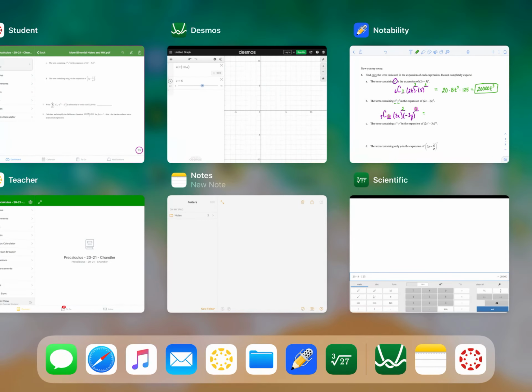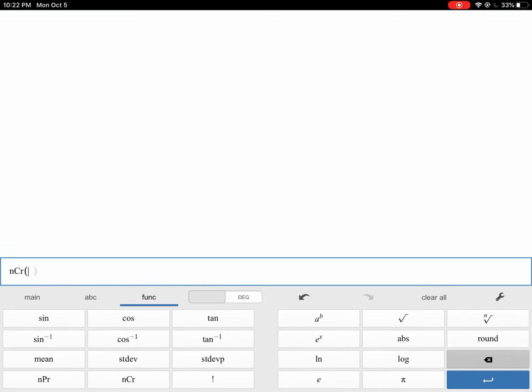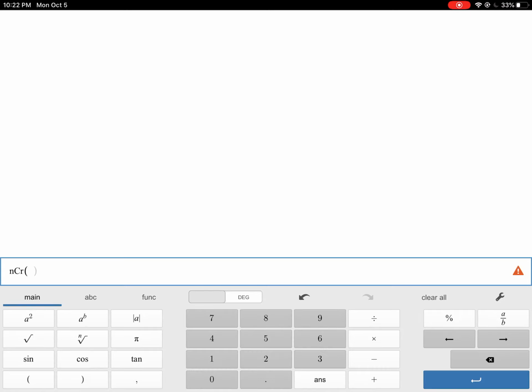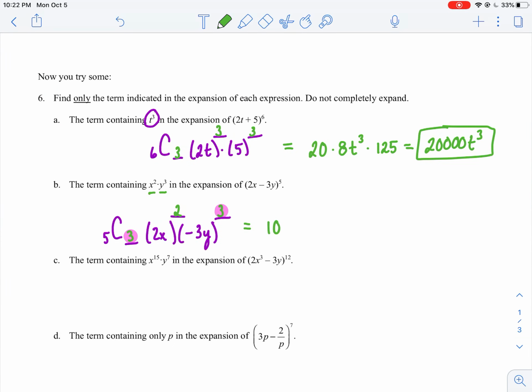So I need 5 choose 3, right? So I go in here and I get 5 choose 3. So nCr 5, comma 3. And you may have already had that one memorized by now, right? So 10. Start to see the same ones over and over again. So we have a 10. Again, don't forget that the 2 gets squared. So that'd be a 4x squared. And then the negative 3 gets cubed, so that's going to be a negative